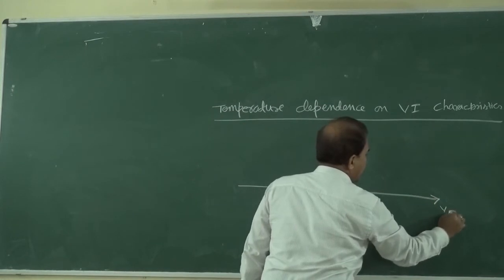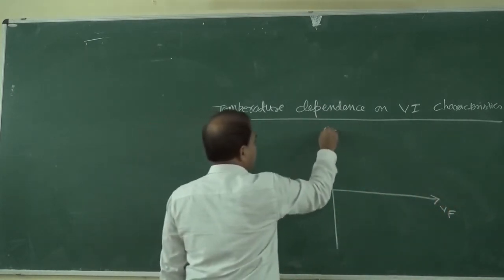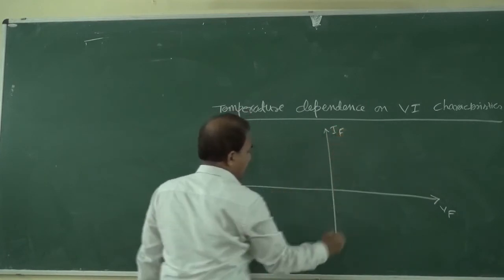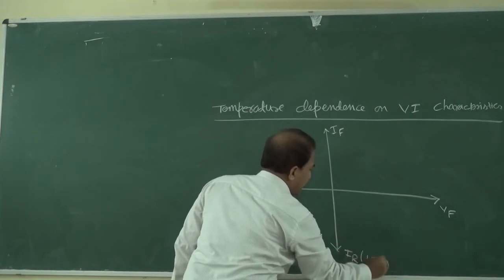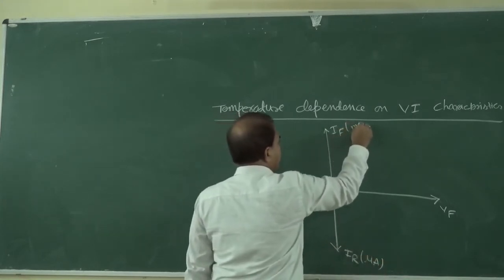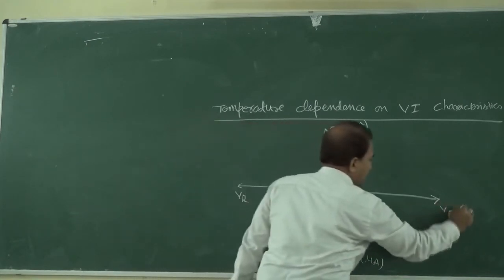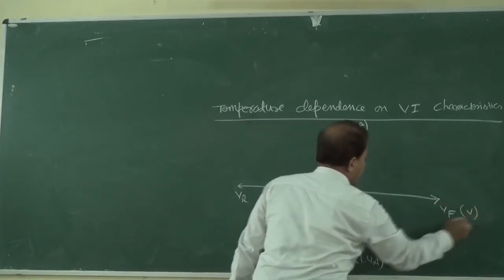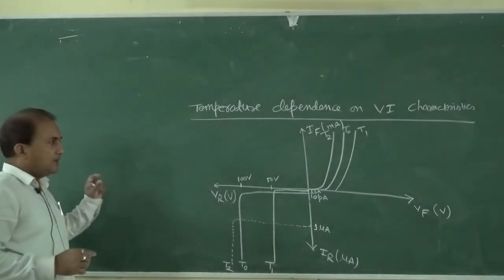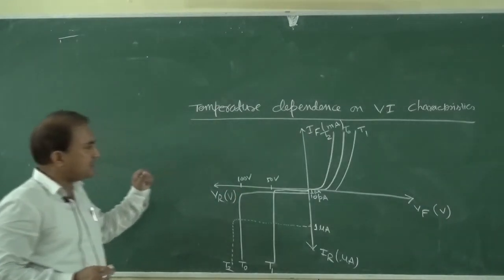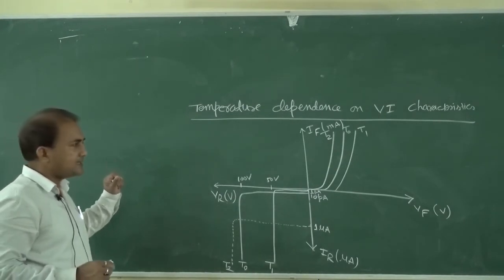This is forward bias voltage, this is reverse bias voltage, this is forward current, and this is reverse leakage current. Again microampere, this is in milliampere, this is in volt, and this is again in volt. Okay, so we can see that this is the VI characteristics of a p-n junction diode